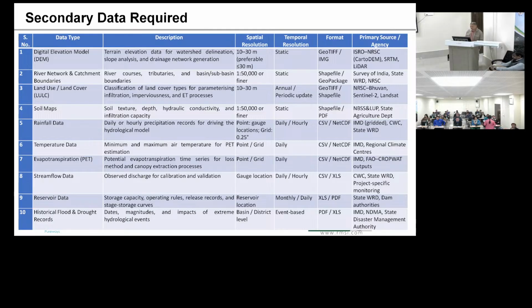So certain follow-ups, multiple follow-ups and multiple meetings with the stakeholders and coordination with the nodal officers which are given will be done in the process of preparation of the master plan. And these data sets are also